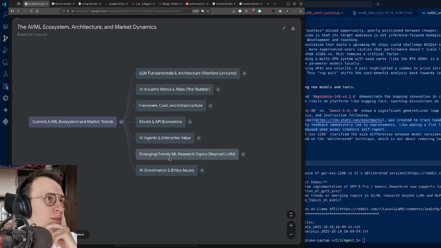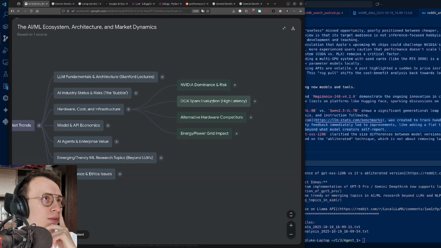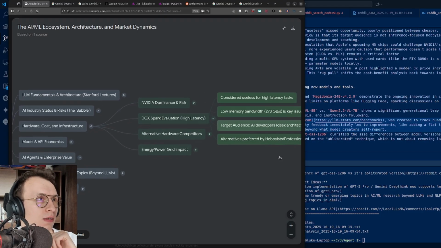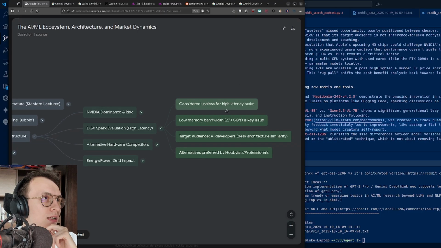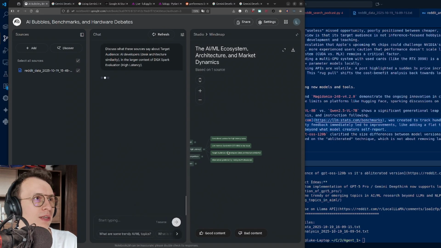This we talk already about, research topics, maybe hardware and cost. And then we see that there was talks about DGX Spark because they put it literally. Then we see like, use less for high latency tasks, target audience AI developers. A lot of people thought it will be an inference engine, but it's basically for engineers to work on the NVIDIA architecture in a small box, and then they can put it on the real servers. So there are many limitations like the memory bandwidth and so on. So it's really more for training something, because then you have more VRAM for €3,000.